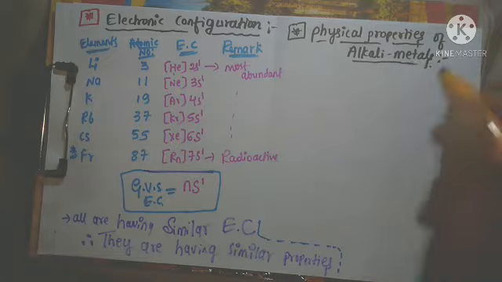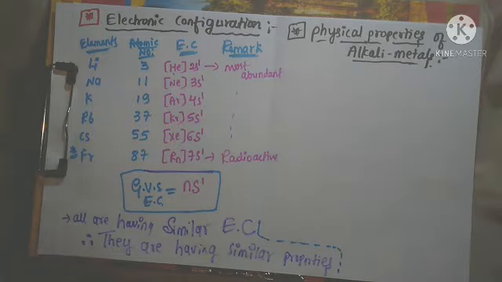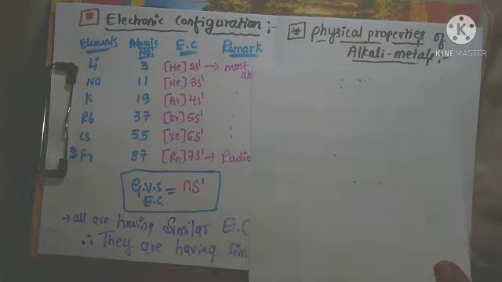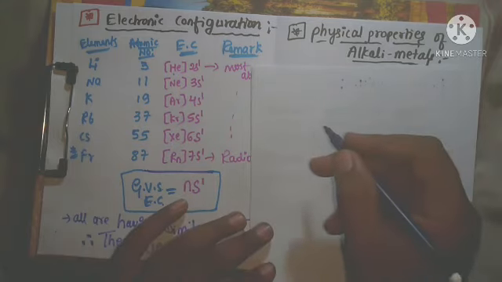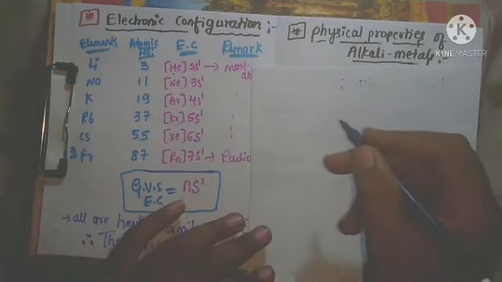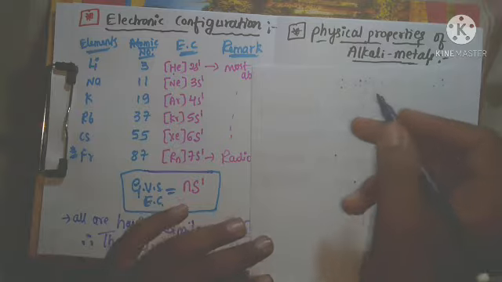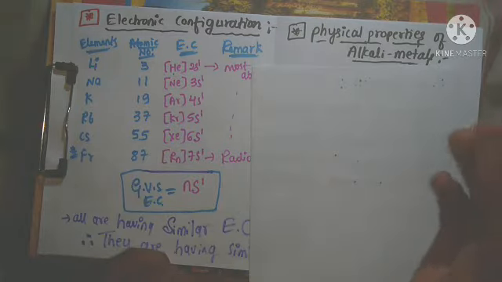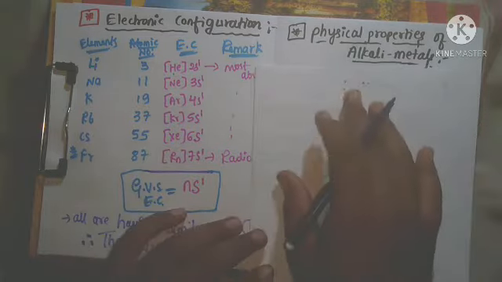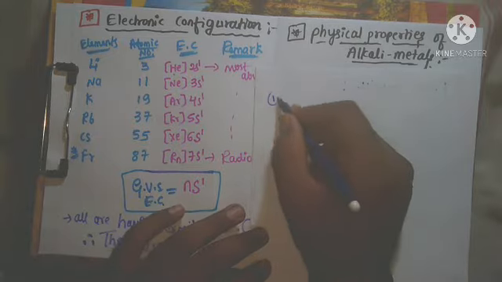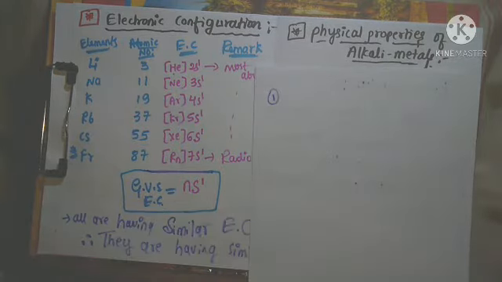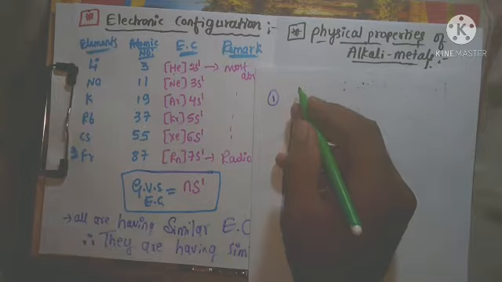Now here it is. Just check. I will discuss one by one, for which I will use rough paper. Already we have discussed the general characteristic properties of s block elements. Here also similar properties only. I want to add 2-3 extra points, that's why I am using the rough paper. First, already we know the first point.